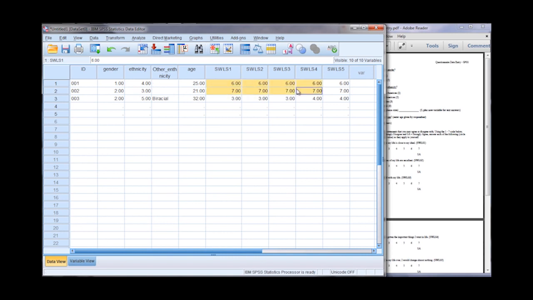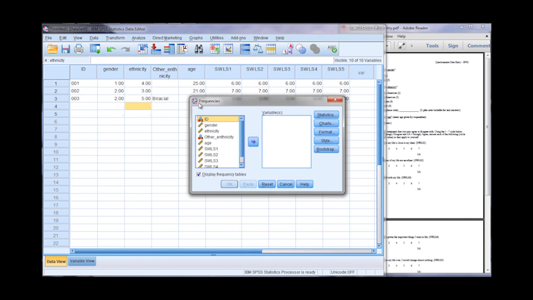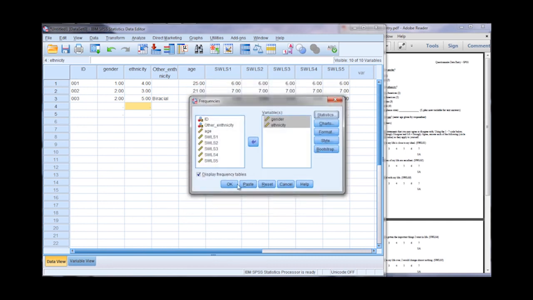So let's find the frequency of these 2 variables here. So how many males there are, how many females, and then how many of each ethnicity. Now obviously when we only have 3 people, we could just look at this and tell very quickly, but pretend we have hundreds of people or what have you. So we go to Analyze, Descriptive Statistics, and then Frequencies, and then go ahead and move gender and ethnicity over, and then the default for statistics, there are none here, and for now we'll just leave it as is. We'll just go ahead and get display frequency tables.